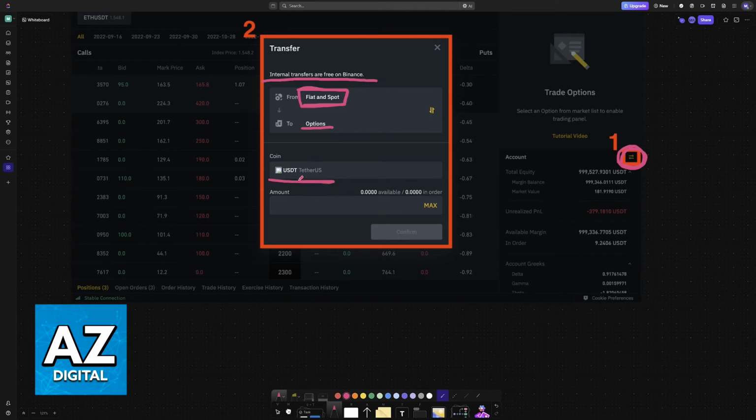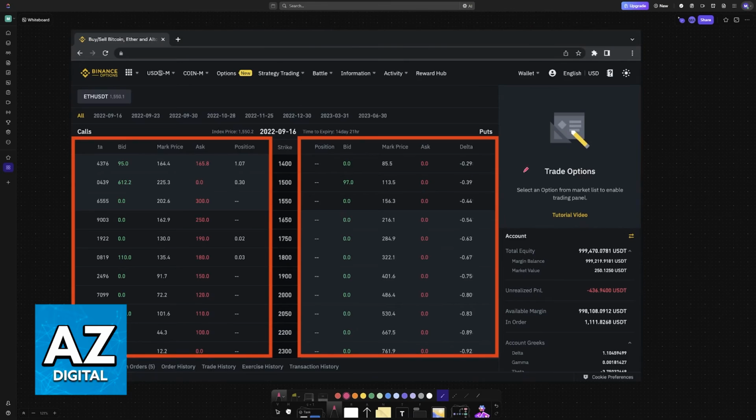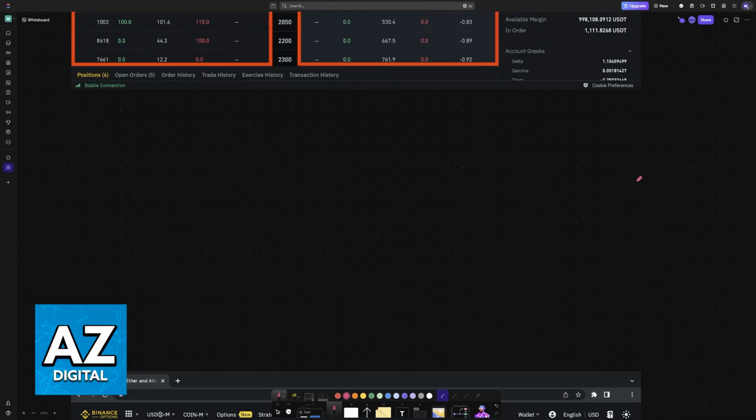Now, make sure that the coin is set up and choose the amount. After you do this, you will see all of the calls listed in order. So select the buy or sell option available to open a trade. The call options give the owner the right but not the obligation to buy the underlying asset at an agreed upon date and time, while put options give the right to sell the underlying asset.